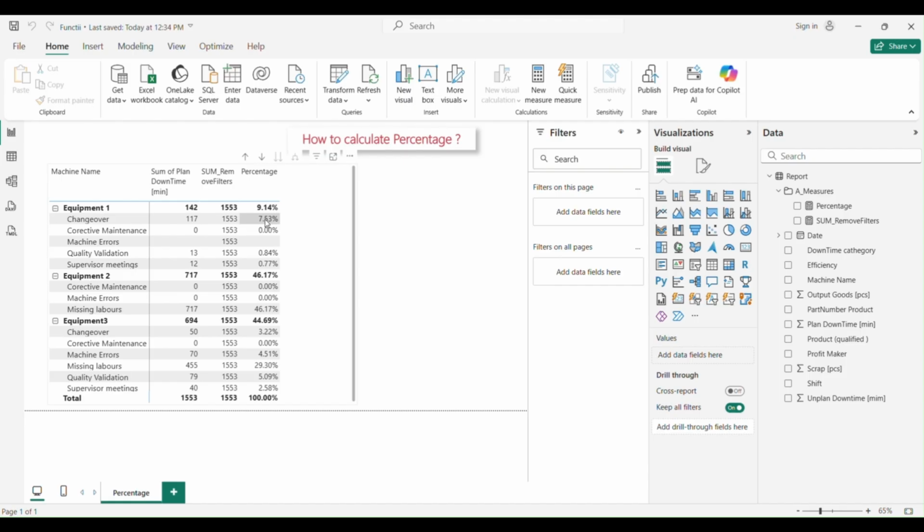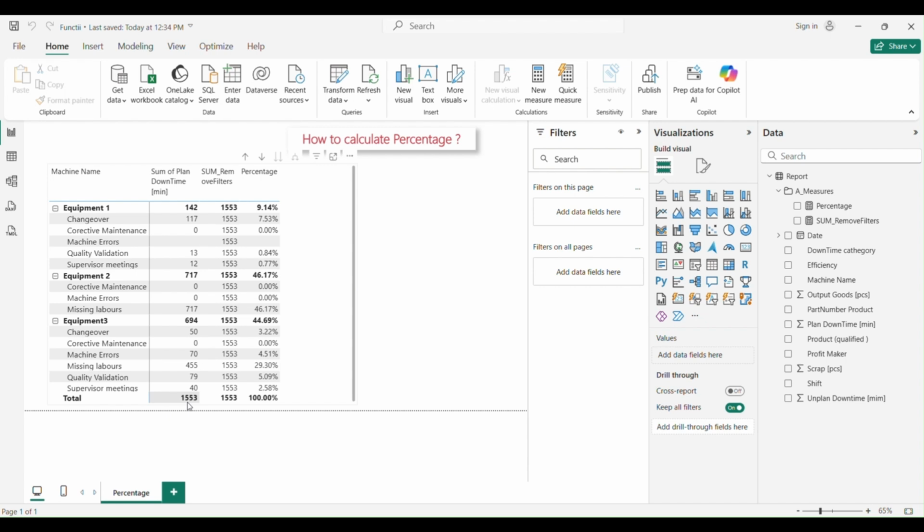So that's one way to do it, but let's say that we would like to know how much each category is in percentage related to the equipment category. So now, as you can see, everything is related to the total downtime planned,